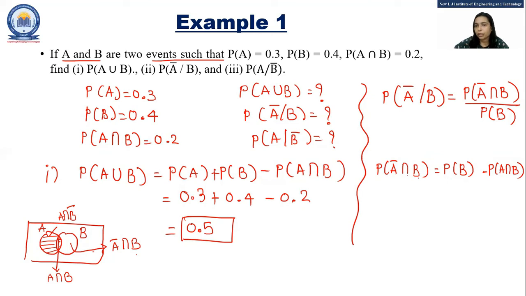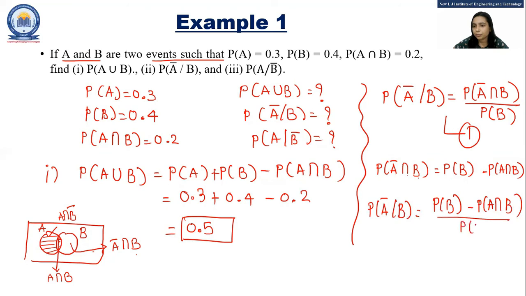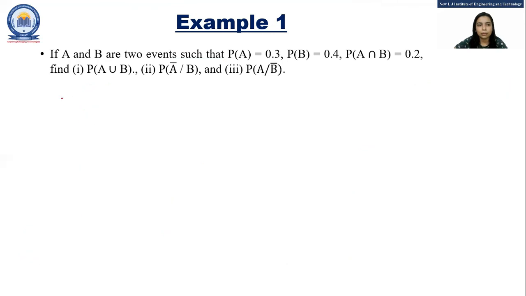So we can put that value over here in this equation number 1. So P of A bar by B is equal to P of B minus P of A intersect B upon P of B. So what is the value of P of B? That is 0.4 minus 0.2 upon 0.4. So the answer is 0.2 divided by 0.4, which is equal to 0.5. Now the third thing